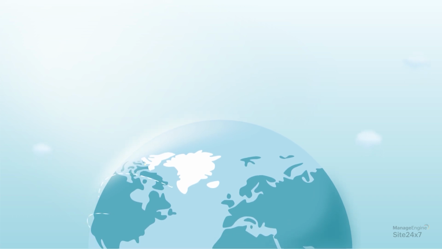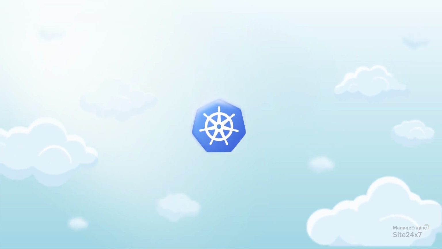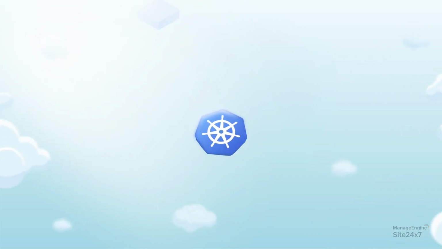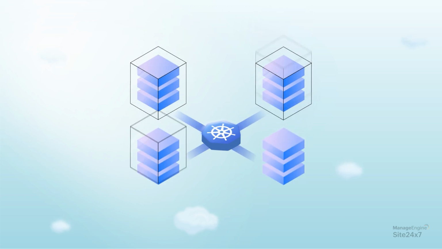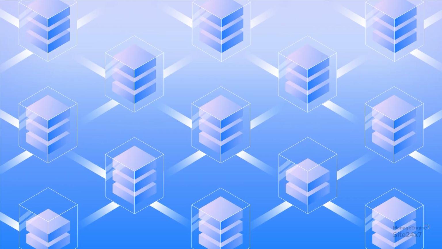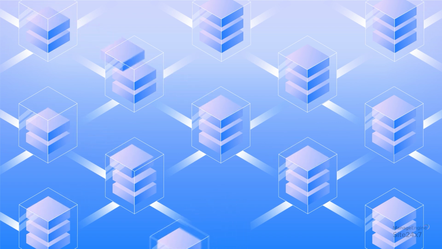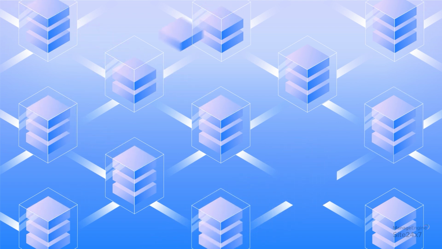Kubernetes. You may have heard the name. It is a technology that quietly powers much of the modern internet. At its heart, it is an orchestrated system for running containers, which are small, portable packages of software that make applications scalable and efficient. But once containers multiply, the picture quickly becomes crowded.